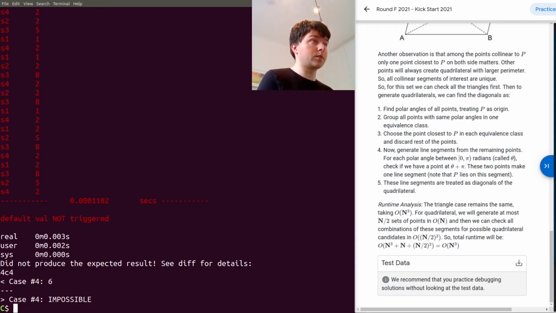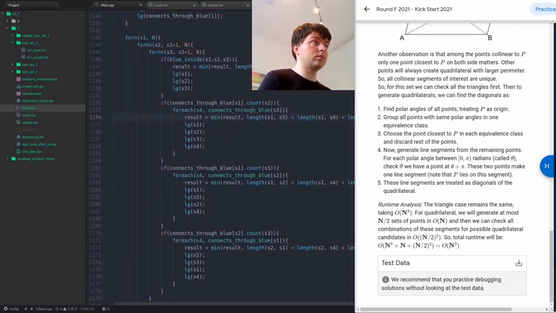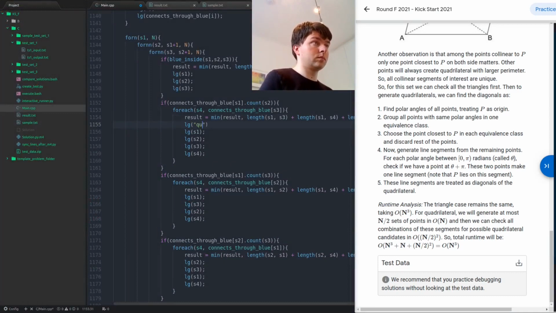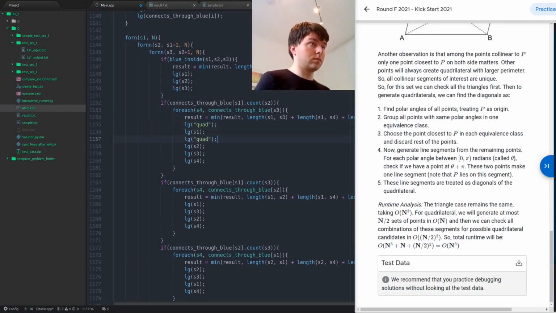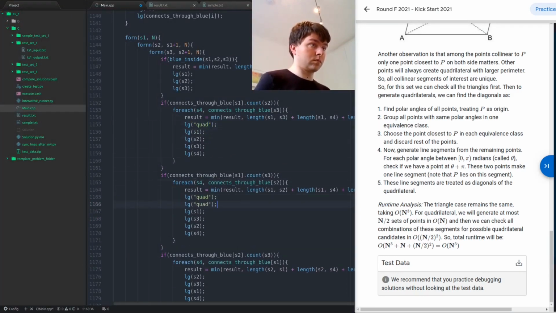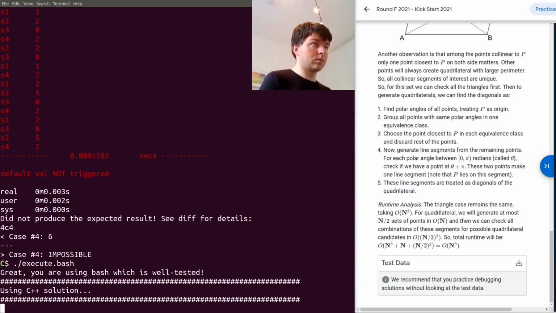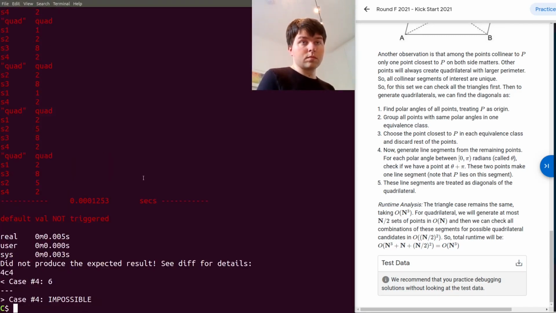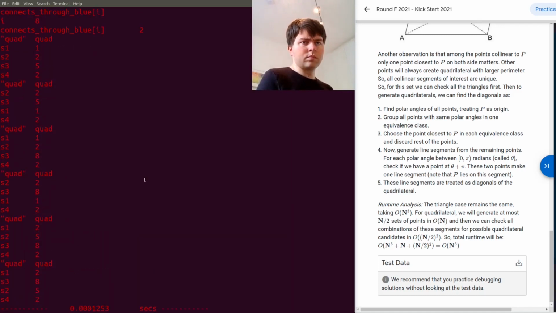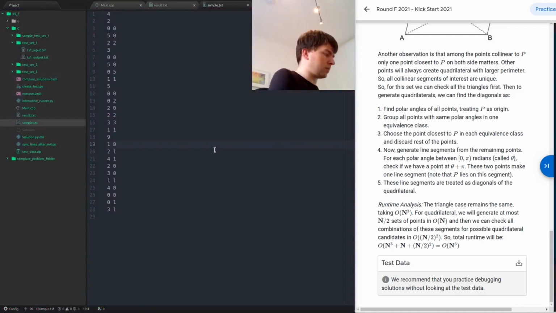Quite a lot of shapes are proposed. And I should number these actually over here. So